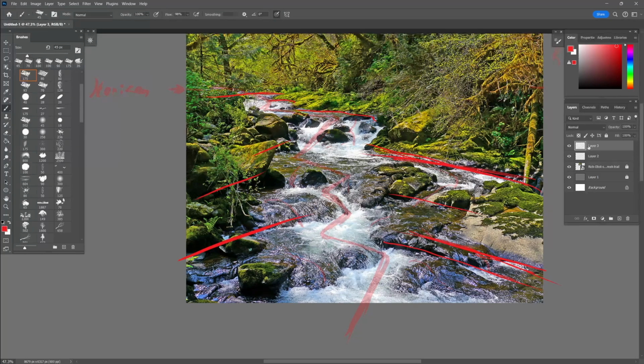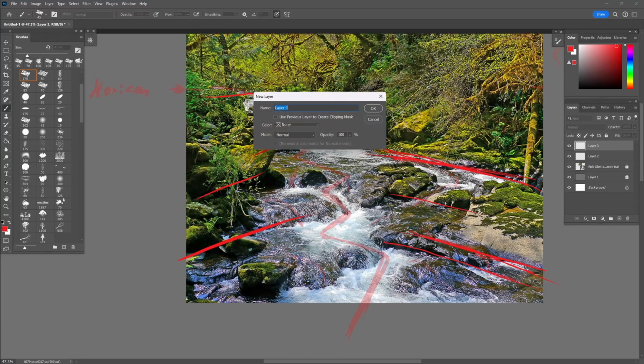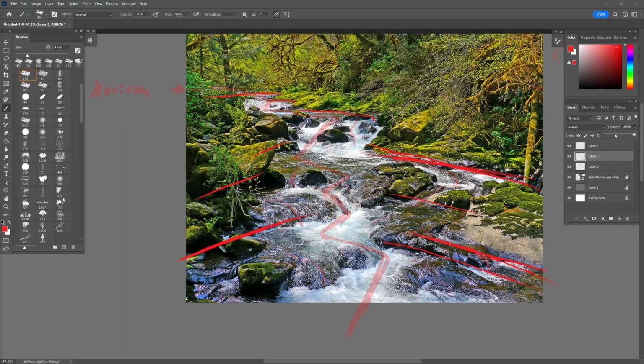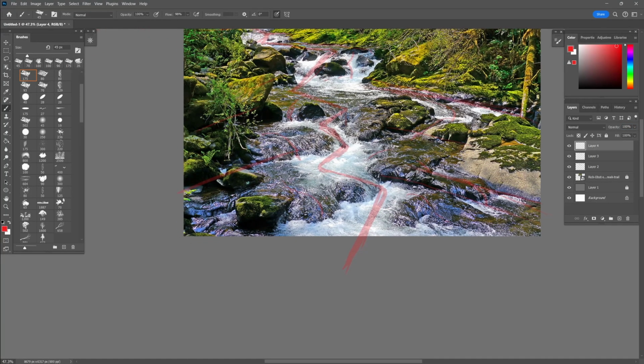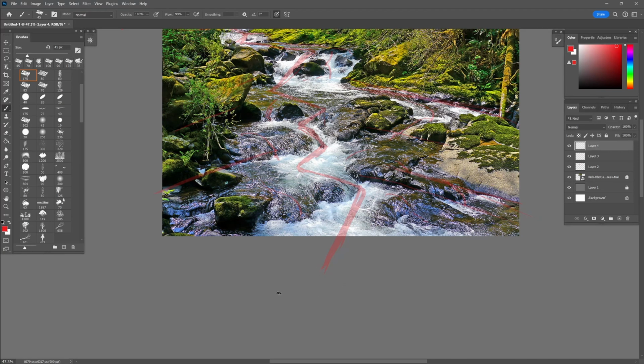All right, so we talked about the through line, and we talked about the depth. Let me make a new layer. Let's bring the opacity down on that one. Okay, in this new layer, now with water, I want to keep in mind reflection and refraction. For those of you that may not know, when it comes to water, let's say that these lines right here are two separate bodies of water. So refraction